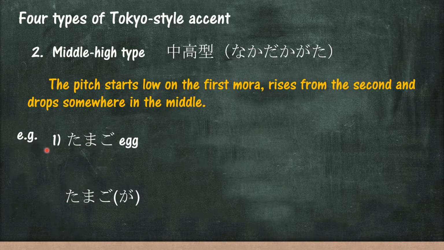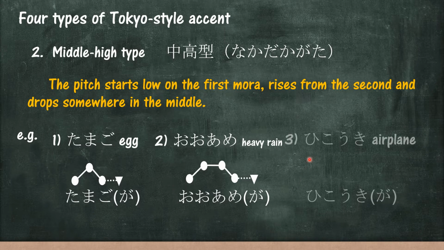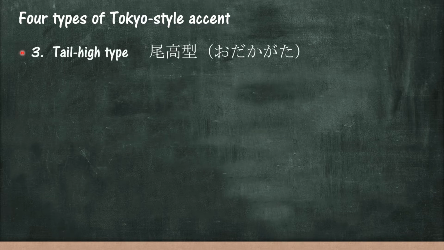Egg. 卵、卵。卵が、卵が。Number two, heavy rain. 大雨、大雨。大雨が、大雨が。Number three, airplane. 飛行機、飛行機。飛行機が、飛行機が。